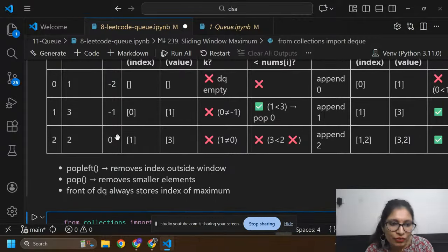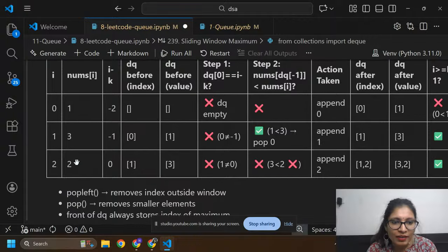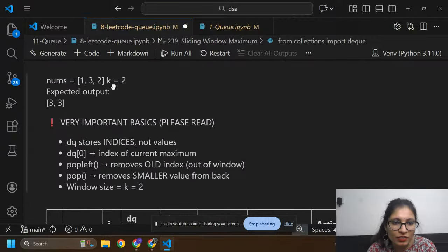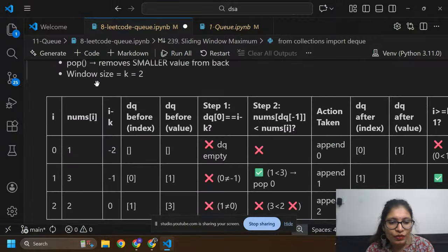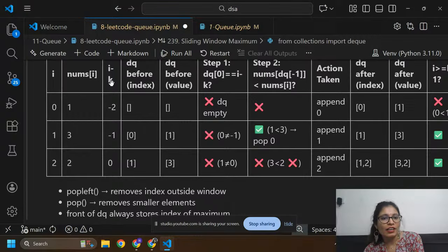Now we are going to take i equals 2, and the number I have at index 2 is 2. Now we are going to calculate i minus k. Here i equals 2 and k is also 2, the window size, so this will be 0.